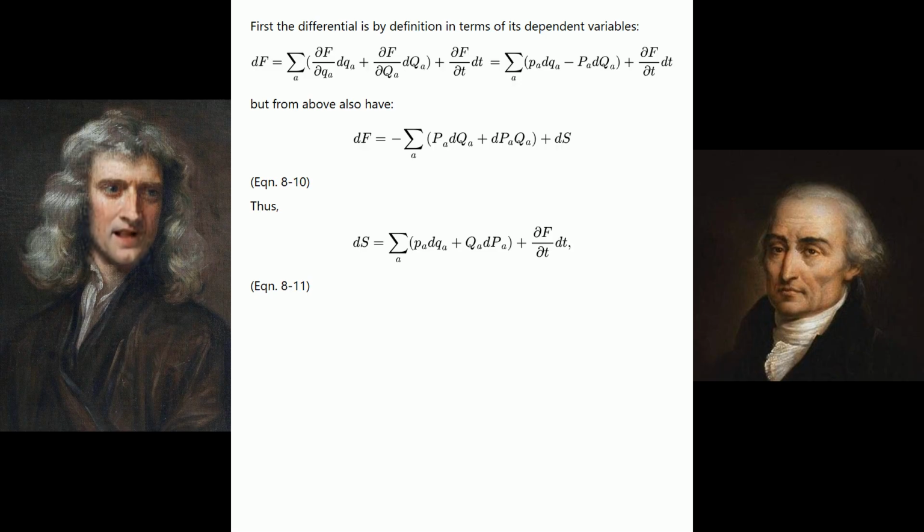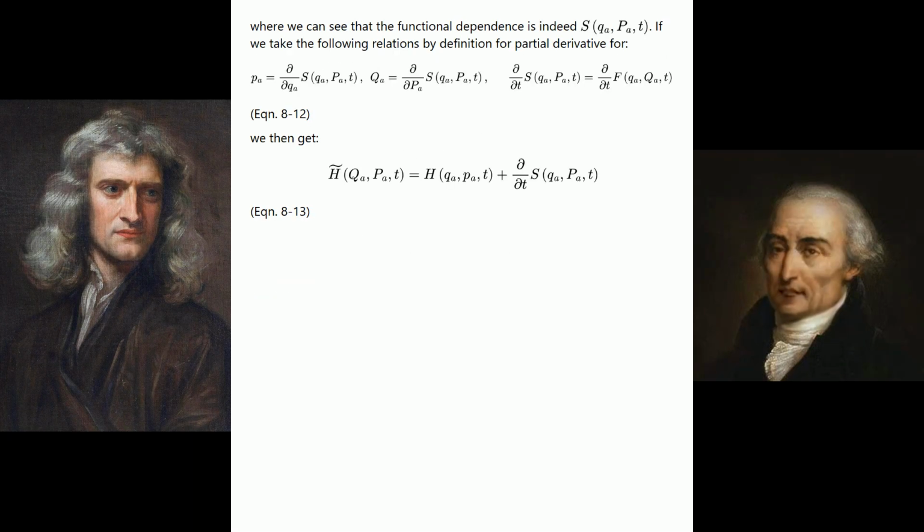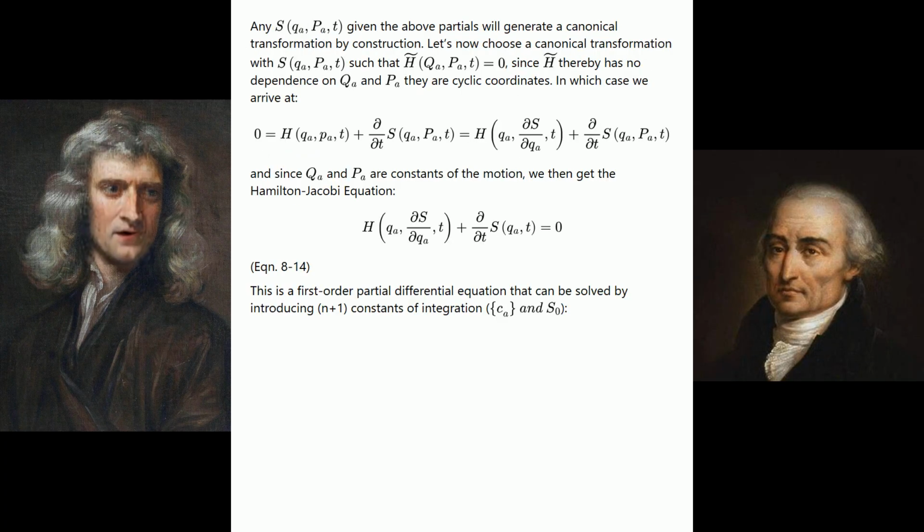See equation 8-10. Thus, see equation 8-11. Where we can see that the functional dependence is indeed S of q sub a, p sub a, t. If we take the following relations by definition for partial derivative, see equation 8-12. We then get, see equation 8-13. Any S of q sub a, p sub a, t, given the above partials, will generate a